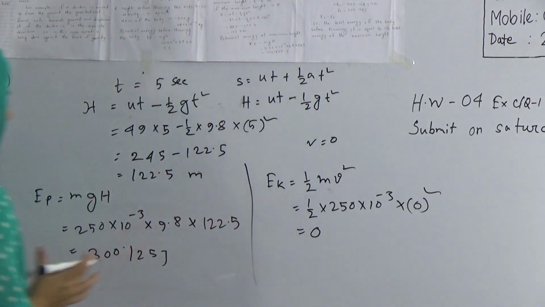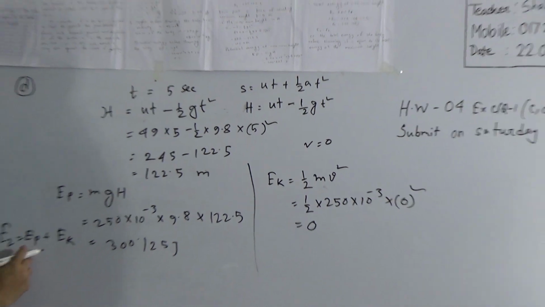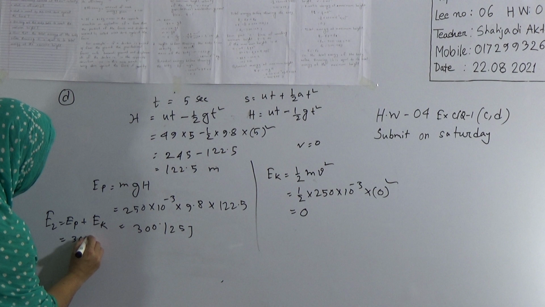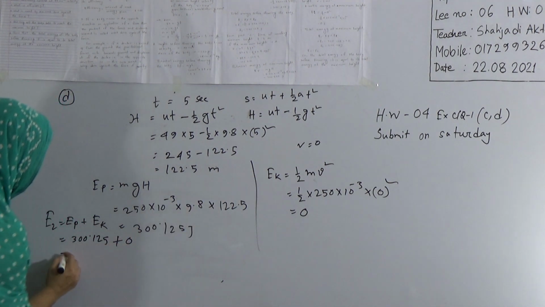So what is the total energy? Total energy E2 equals EP plus EK, that means potential energy plus kinetic energy. So potential energy is 300.125 plus kinetic energy is 0. So it will be